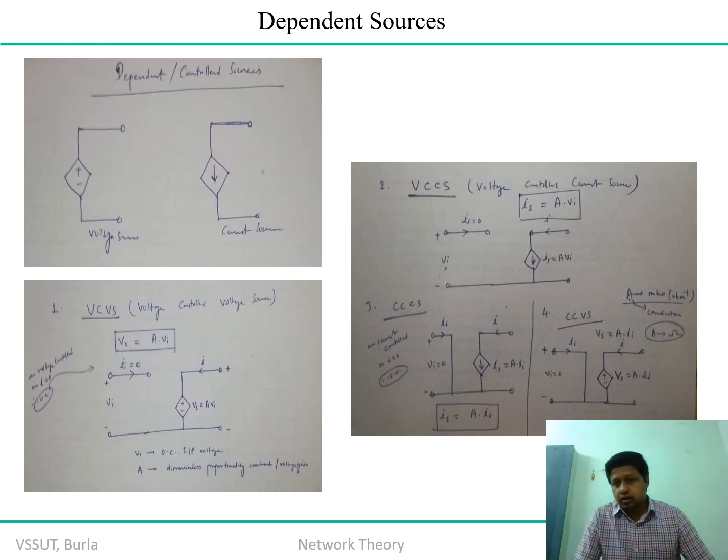In case of the current controlled voltage source, it is a trans-resistance amplifier, and the other is a trans-conductance amplifier. The voltage controlled current source is an example of a trans-conductance network, and the current controlled voltage source is an example of a trans-resistive network, because you are shifting from current to voltage equivalent network. In this case Vs is a voltage source controlled by the current, so the input terminal will be short circuited, and Vs is equal to A times Ii. Therefore A is equal to V by I, so obviously it is a trans-resistance.